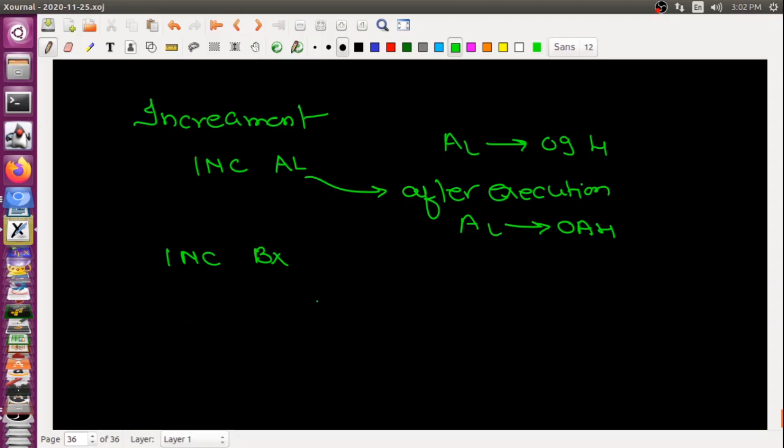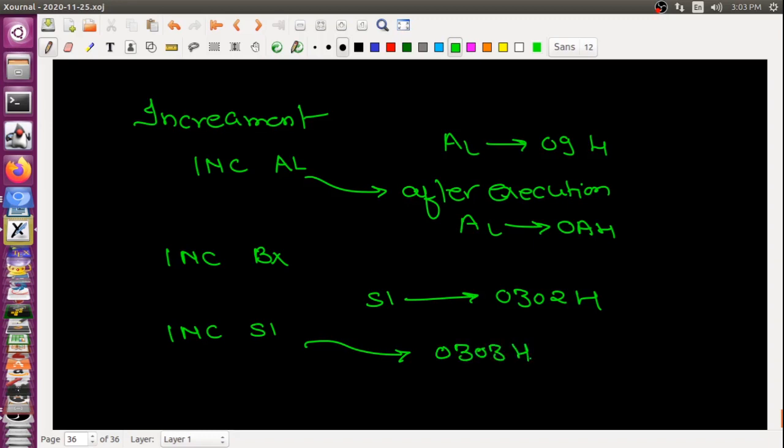For example, if my index pointer SI is initialized to 3028, a 16-bit value, and I give INC SI, then after execution my SI value will be incremented to 3029. So this is a 16-bit increment that I can do. We use this type of instruction whenever we are using looping.